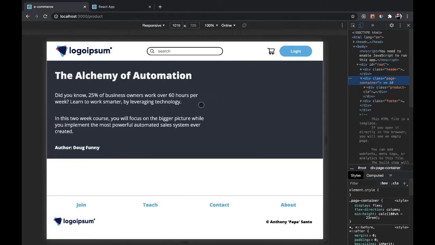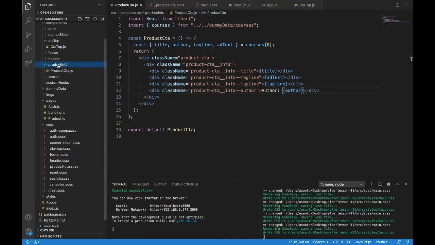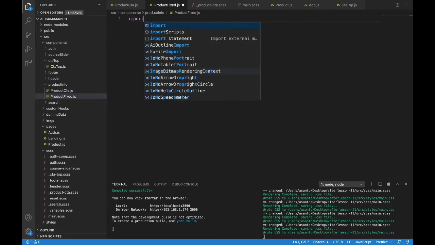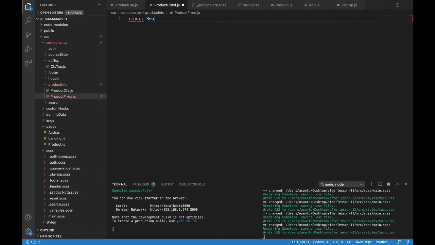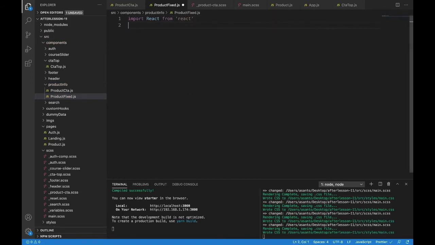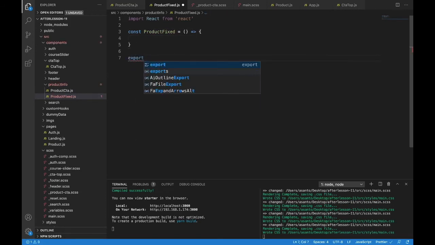Now let's start working on the fixed element that'll be right here. Well, let's head back into product info and make a new page. Well, not a new page, a new piece of this element called product fixed.js. Inside product fixed, we'll do our normal import of React from React. And let's make a const called product fixed. And this is the fixed element. We're not fixing anything here. It's just the fixed element on the page. It stays where it is even while you're scrolling. So export default